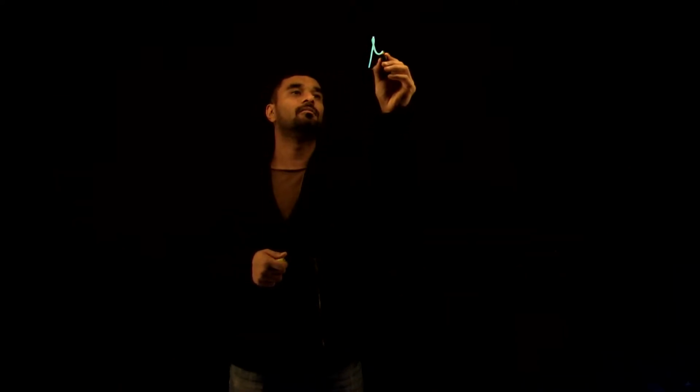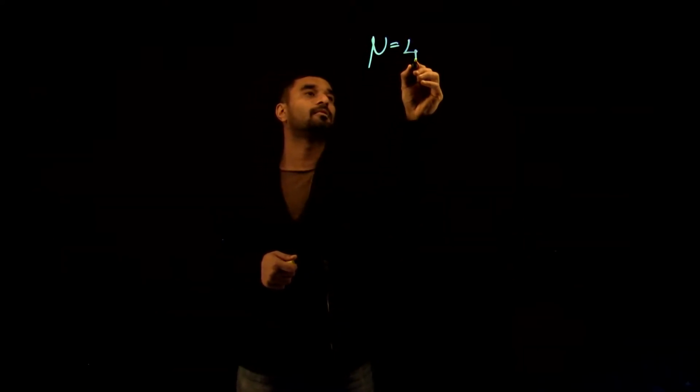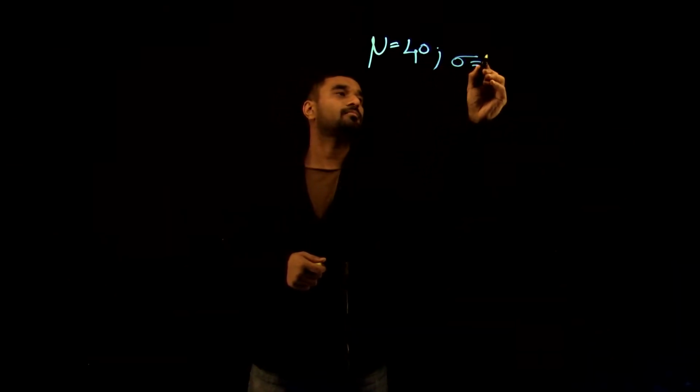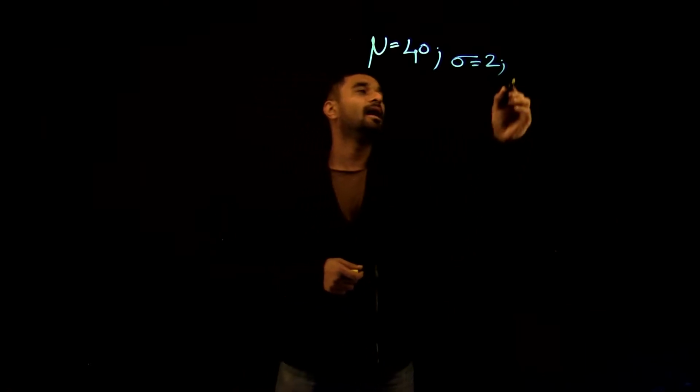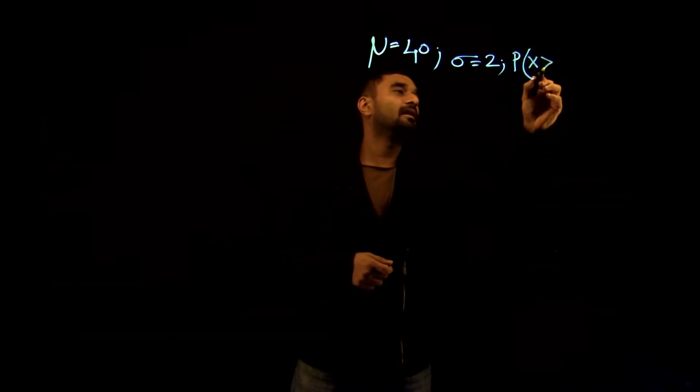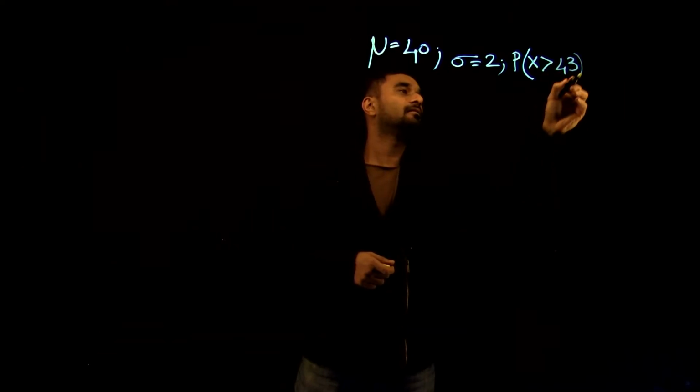The problem says that a certain equipment produces electrical resistors with a mean value of 40 ohms and a standard deviation of 2 ohms. We were asked to find the probability of finding a resistor with a resistance value greater than 43 ohms. This is a simple normal distribution problem where your mean is 40, your standard deviation is 2, and you're asked to find the probability that the random variable x is